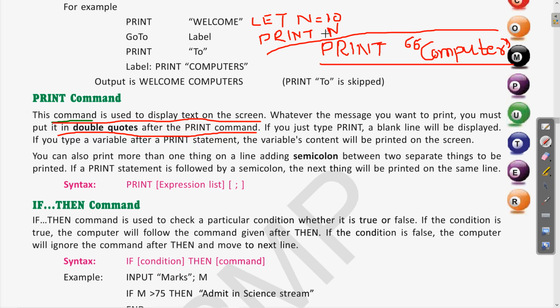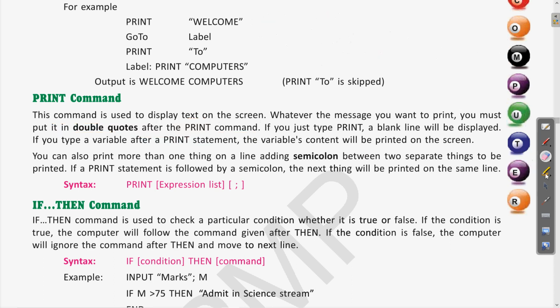So what is the meaning of this? The print command will either print the text, or if it is a variable that we are writing with the print command, then the value which is stored in that variable will be printed. Clear? This is the meaning of print followed by the variable name. Here we have seen that if you type a variable after the print, then the variable content will be printed